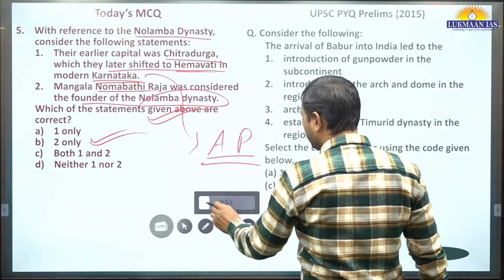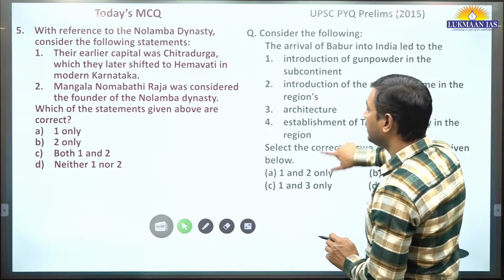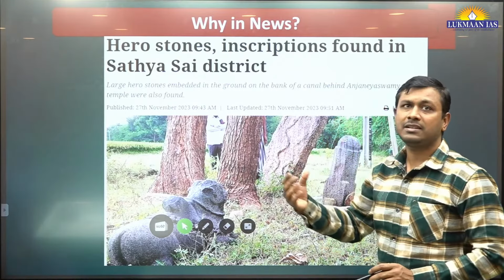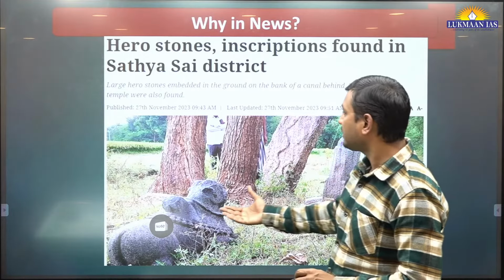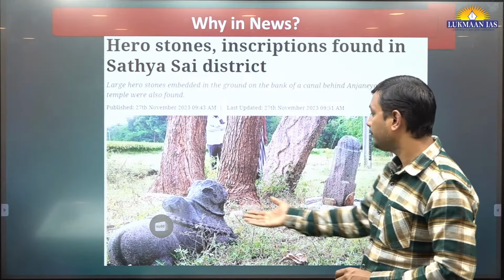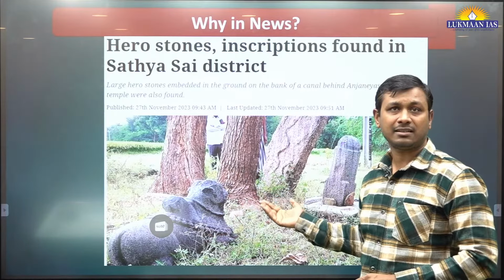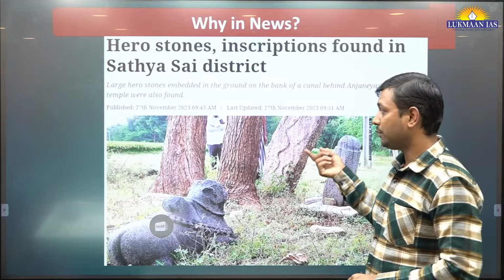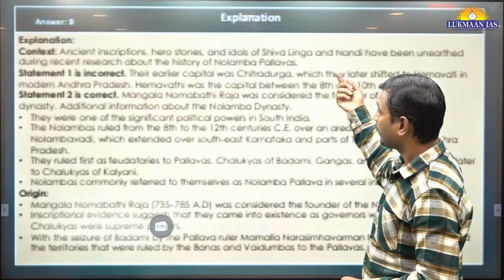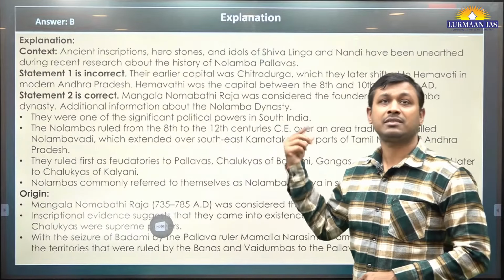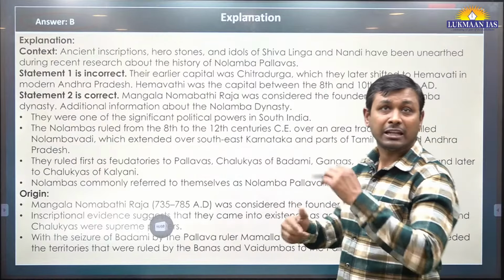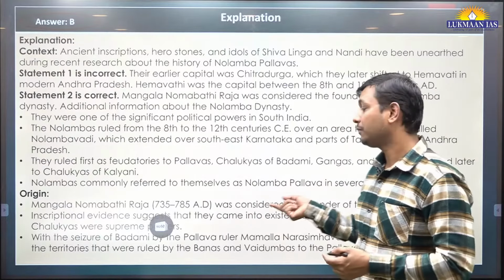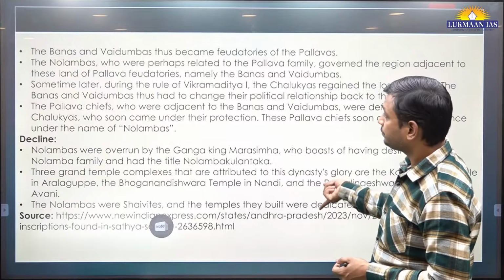Now the context of the question is that a recent archaeological excavation has yielded numerous artifacts, like you can see here the Linga, Nandi; all these things were discovered. So in that context this was in the news. Where it has been found, in which district, and by the Archaeological Survey of India. In that way you should try to cover these types of things also. Okay,